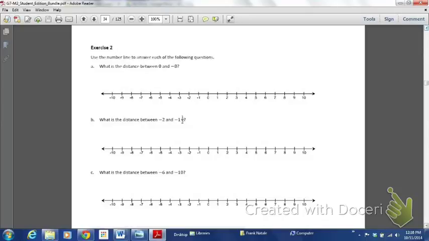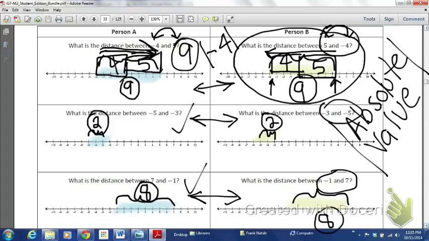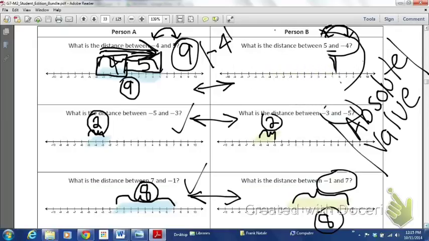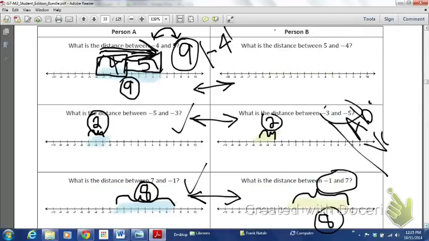Go ahead and pause for a few minutes and work on your own. I want you to use a formula to find the distance between each of the 2 given endpoints. What I mean by that, in terms of formula, is this: I'm going to go ahead and erase this one. So if we look at this one, for example,